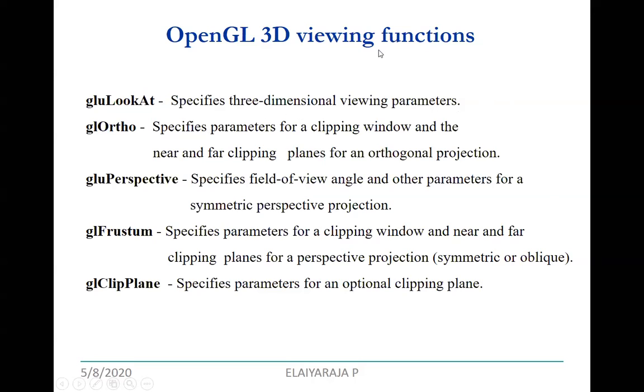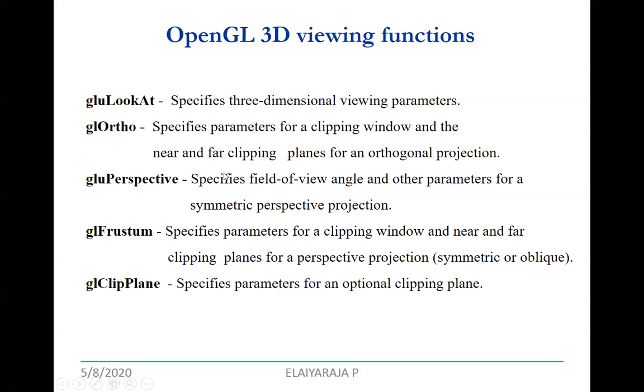So 3 different parametric values you have to consider for the gluLookAt function. For example, open the bracket, first the camera x comma y comma z coordinates, comma the up vector value x comma y comma z, comma your reference point with respect to your viewing x comma y comma z. So in total you consider 9 parametric values for the gluLookAt function.